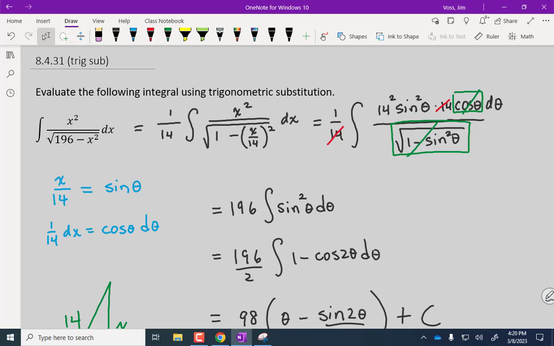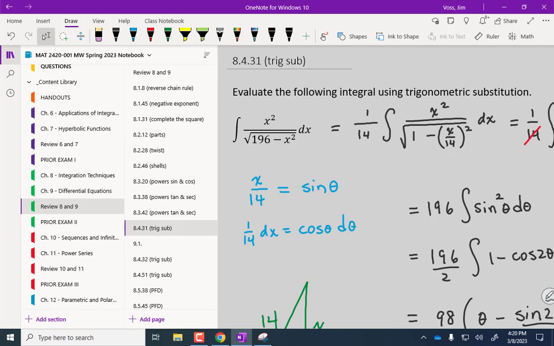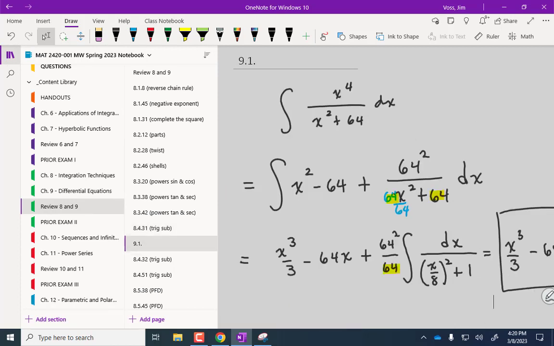You only do long division if you have a rational function, if you have a polynomial over a polynomial. You don't want to be doing long division with square roots. All right? Don't do long division with square roots. Only if it's a polynomial over a polynomial and the polynomial in the denominator has a lower degree, or equal degree. Lower or equal. The only way it's proper is if the top is smaller. Okay. So, this one's a long division. Let's label it long division because,